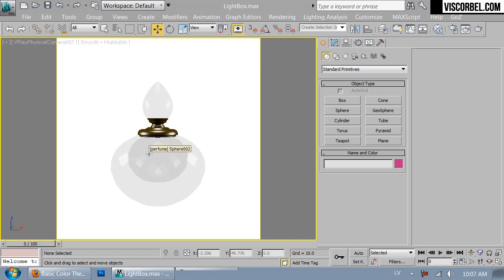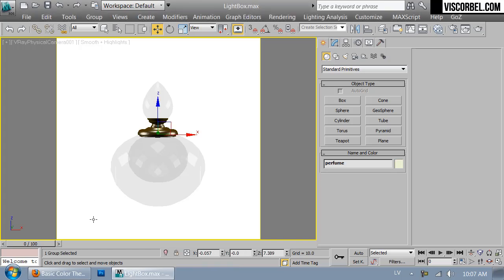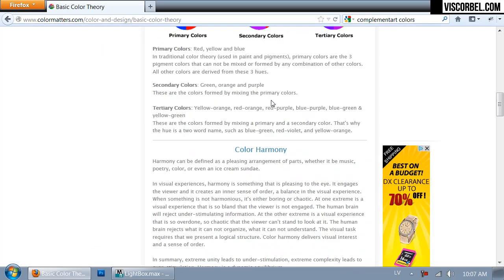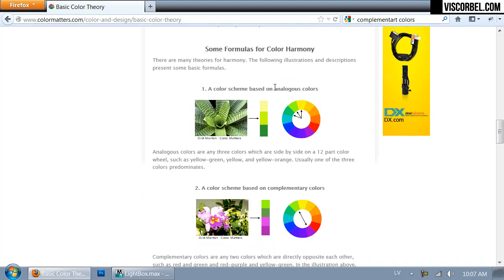Sometimes when you are rendering colorful objects, it might be a good idea to make the background colored as well. So if you look up some basic color theory on the internet, you will probably find info about the color wheel and how to use it. And some of the basic uses are, for example, designing a color scheme based on analogous colors, or those that are next to each other in the color wheel, or a color scheme based on complementary colors that are opposite